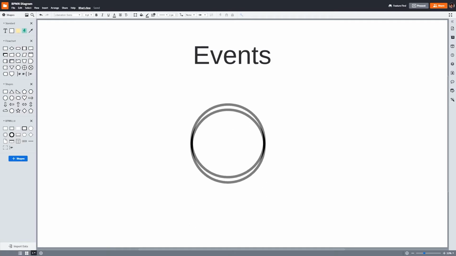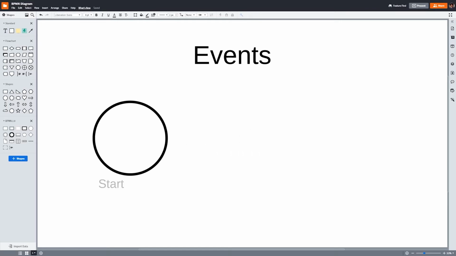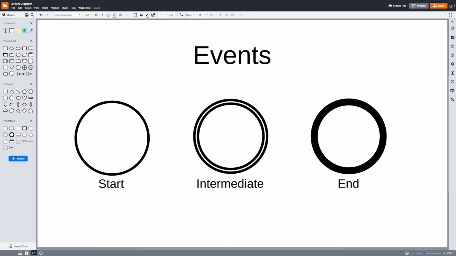The first kind of flow object is an event. Events are triggers that start, modify, or complete a process. There are 3 types of events: start, intermediate, and end. Each process in a BPMN diagram must begin with an initiating event called the start event. A start event is designated by a circle with a thin border. Many start events contain an icon in the middle to define the event's trigger. For example, a start event that contains an envelope icon indicates that a message arrives and triggers the start of